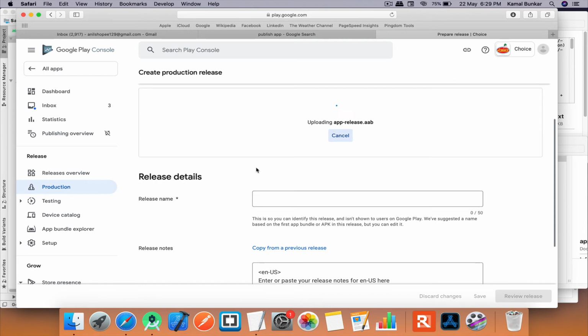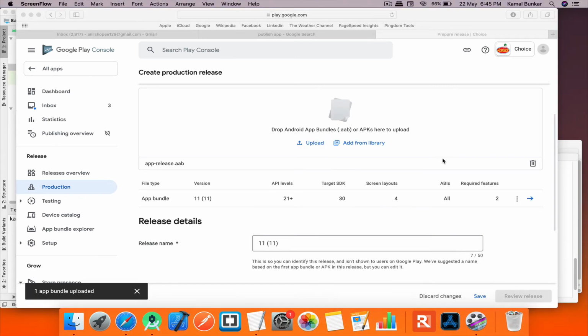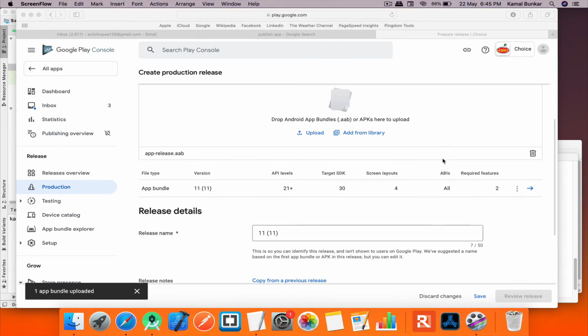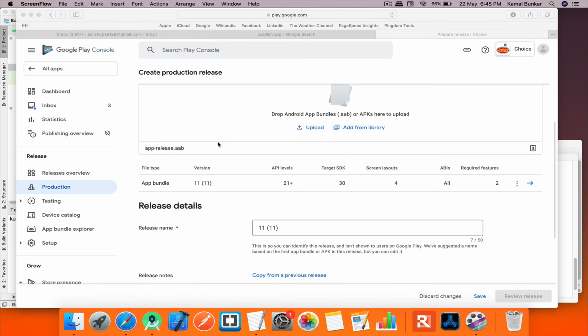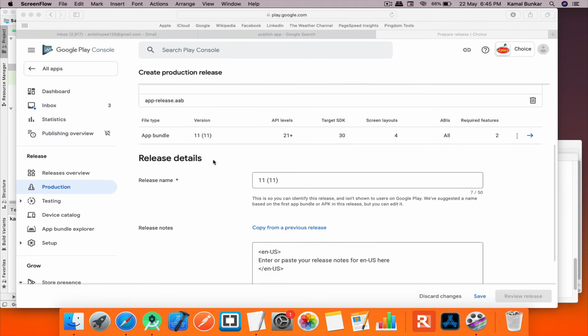Just wait for a while. Once the upload is ready, you will see the version number as well. Now as you can see, the app bundle has uploaded, and this is the version number.